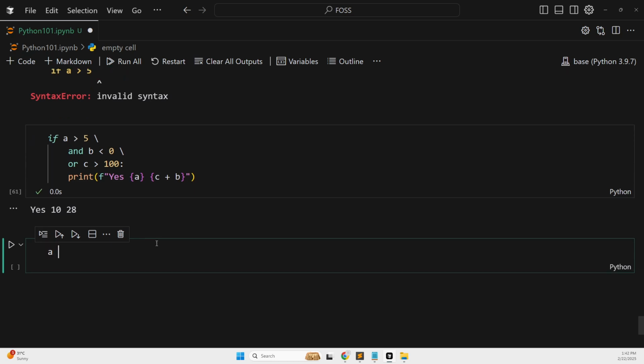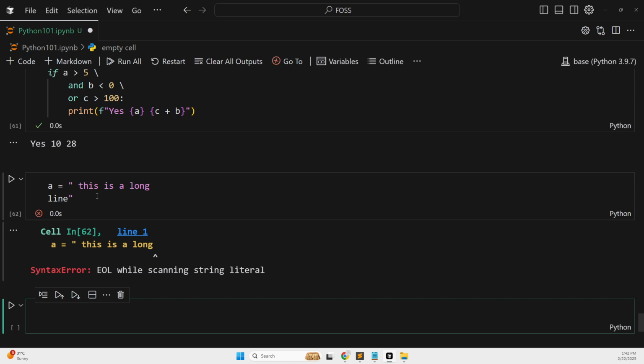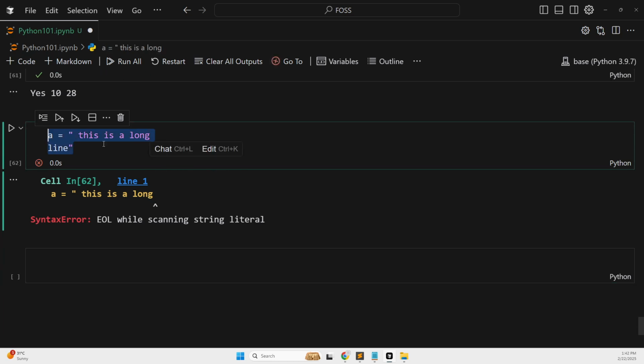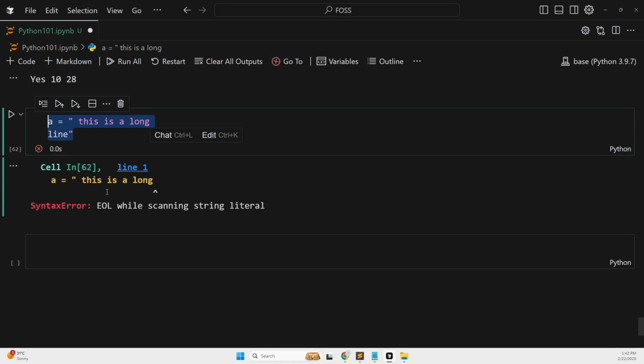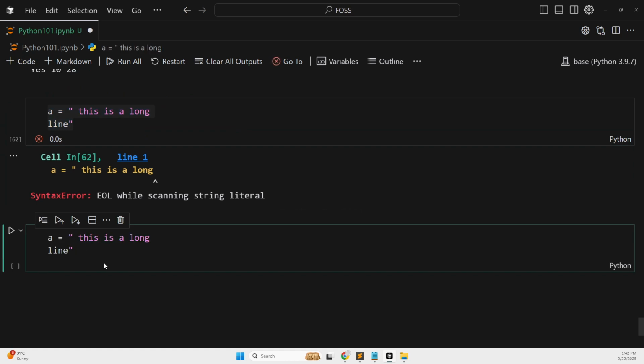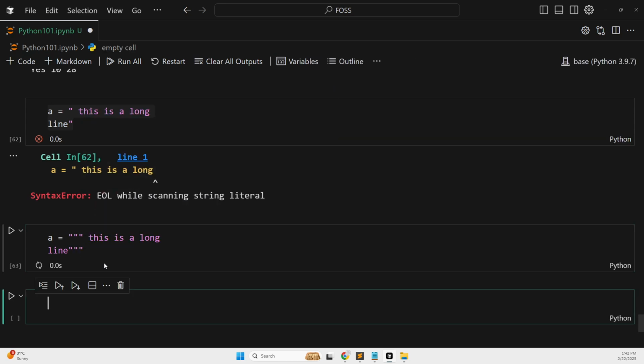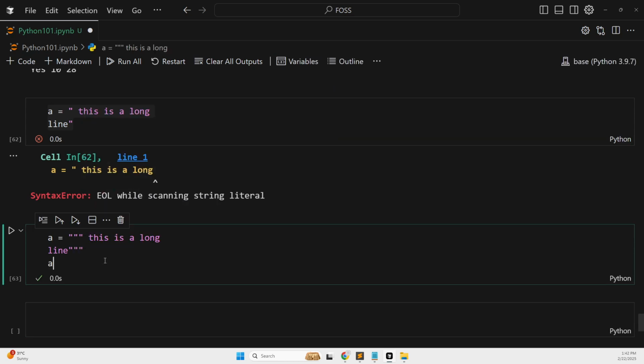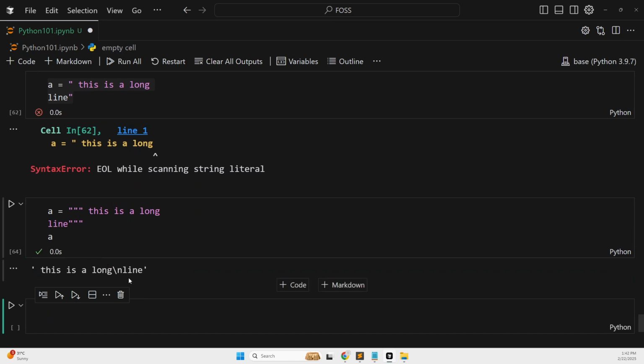And we also discussed that if I write a long line, it's going to throw an error. But sometimes we do want to write a lot, and I can't be writing this backslash every time. For that, Python has given us a tool, and it's the 3 quotes. So if I go and write 3 quotes, then it's fine. Just to check, yeah, it added that backslash automatically. So some things are automatic, some things are not, and you will learn this without any trouble as you spend